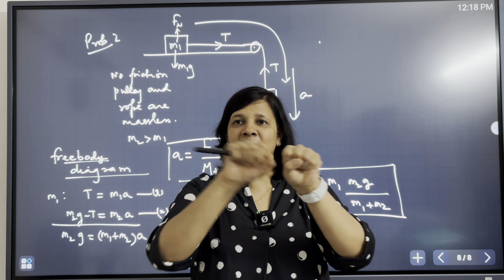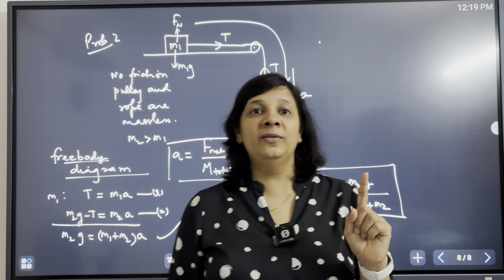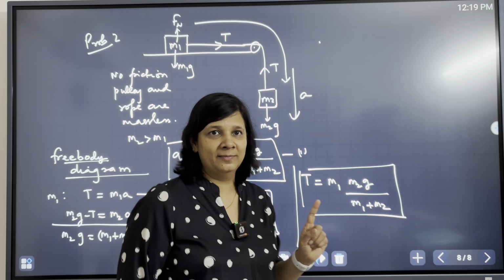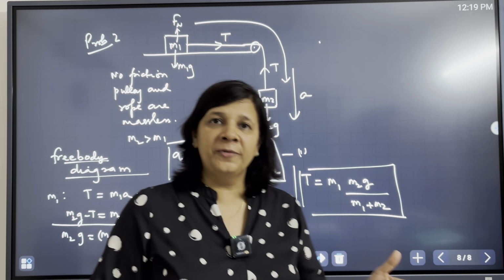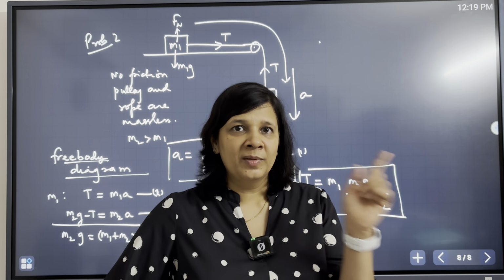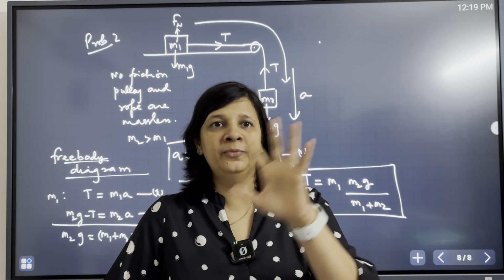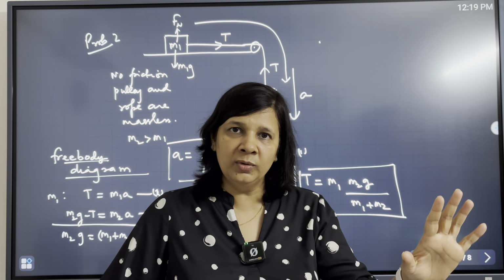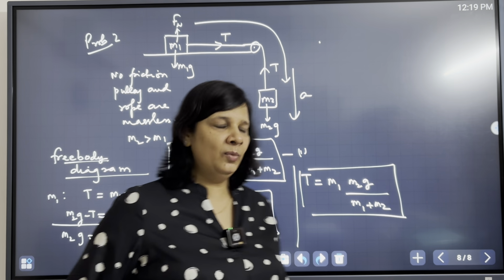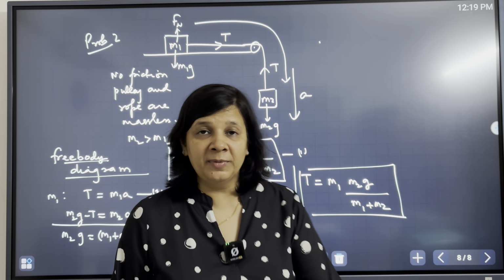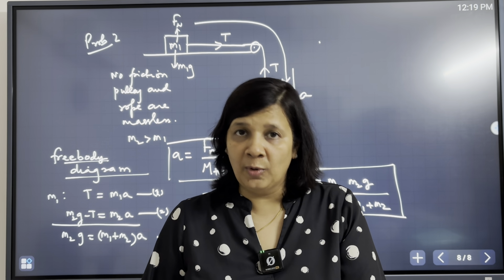And these two masses are being pulled by M2G. M2G is the external force which is pulling both the masses. Okay? And otherwise, if you feel difficulty in thinking this way, but this is very, very important to understand, you can just draw the free body diagram for the two blocks, write the two simultaneous equations, solve them for tension and acceleration. Okay? But in the exams, sometimes if they don't ask tension, then there is no need to draw the free body diagram. Okay?